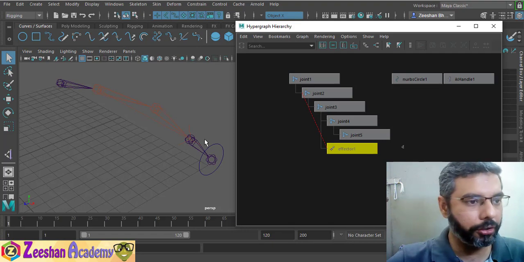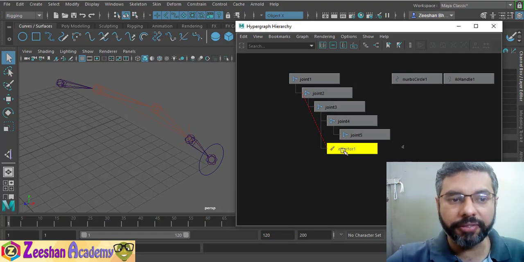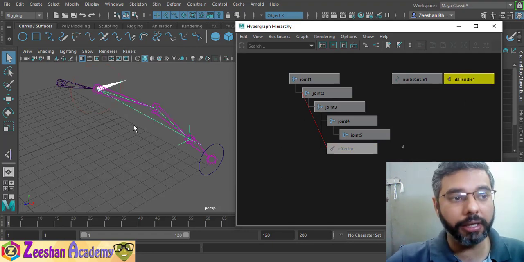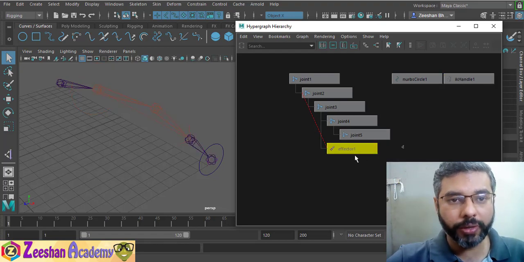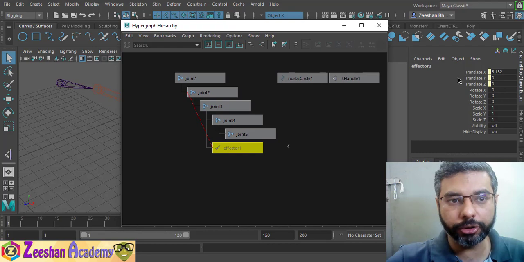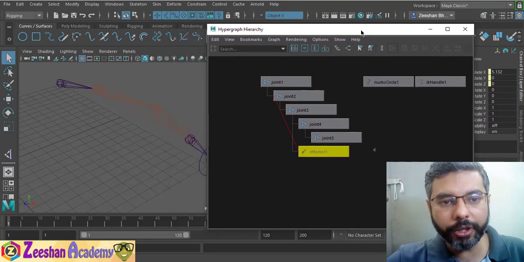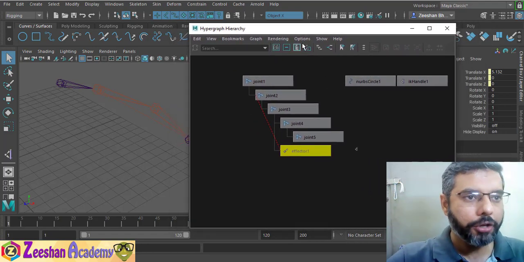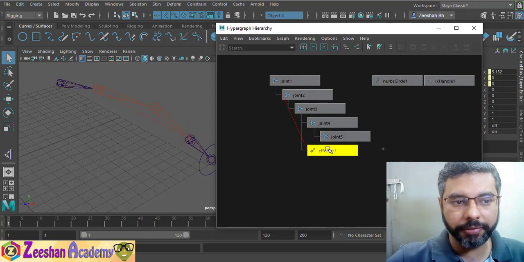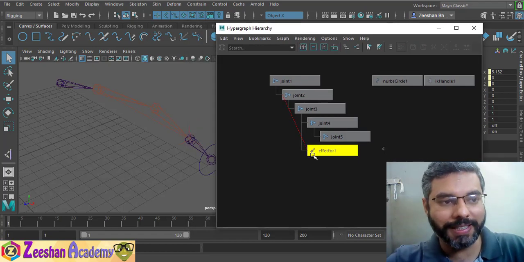Once you click on this effector, notice nothing gets selected here, but the effector is selected. If you click on the IK handle, the IK handle is selected. We don't want that. We want the effector to be selected. So once I click on the end effector, hopefully that should show you effector settings here, which has the constraints applied based on IK handle translation and everything on that. What we do is, again, the visibility is off. That's primarily the reason it's not being displayed. So what we simply do is select the effector, go to your keyboard and press the Insert key.